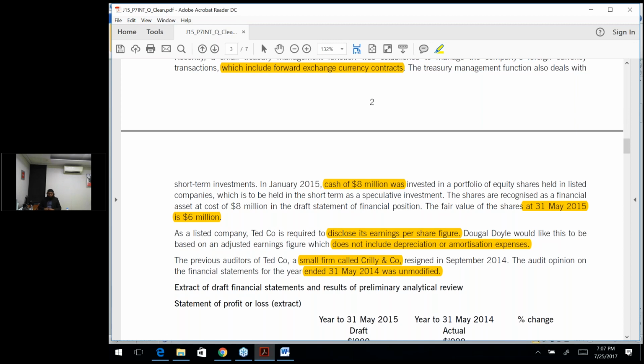The next situation is that this was a small audit firm, it has already resigned and it had issued an unmodified opinion. Now one point is, usually small audit firms have a high dependency upon their clients. So usually they have no choice except to give an unmodified opinion. Now what does this all indicate? This all indicates that there could be an issue with the opening balances, that the opening balances might not have been correctly shown.